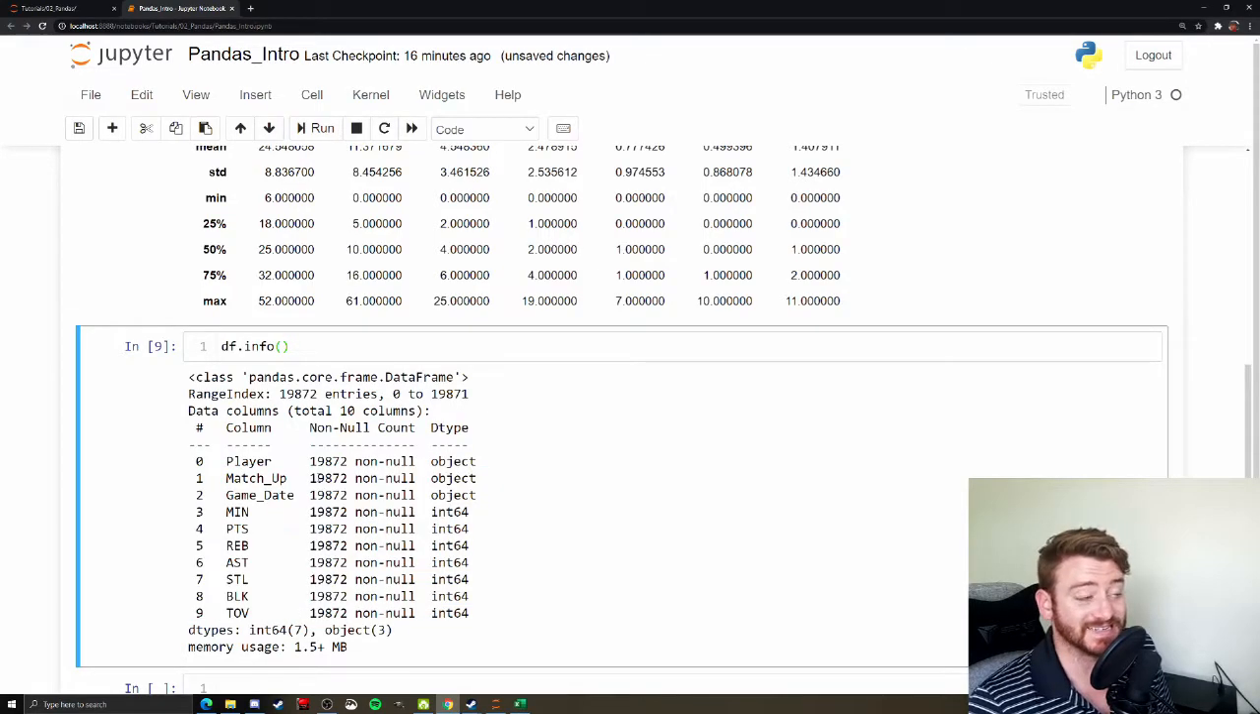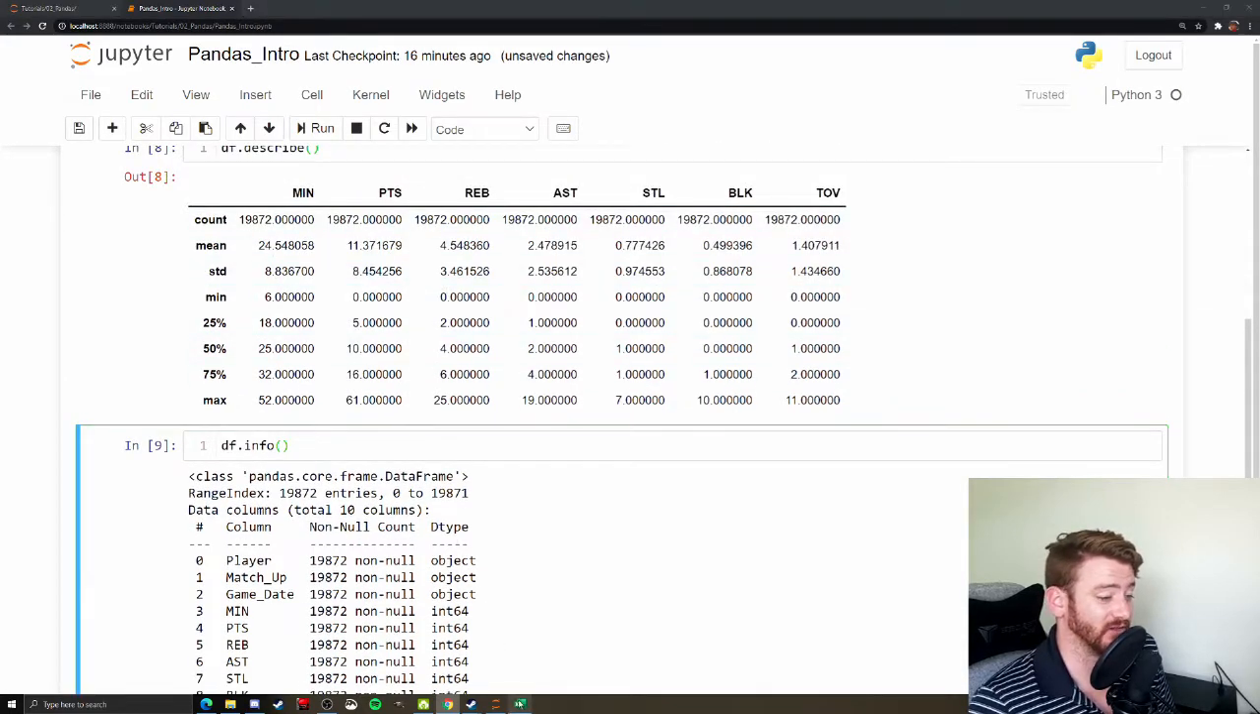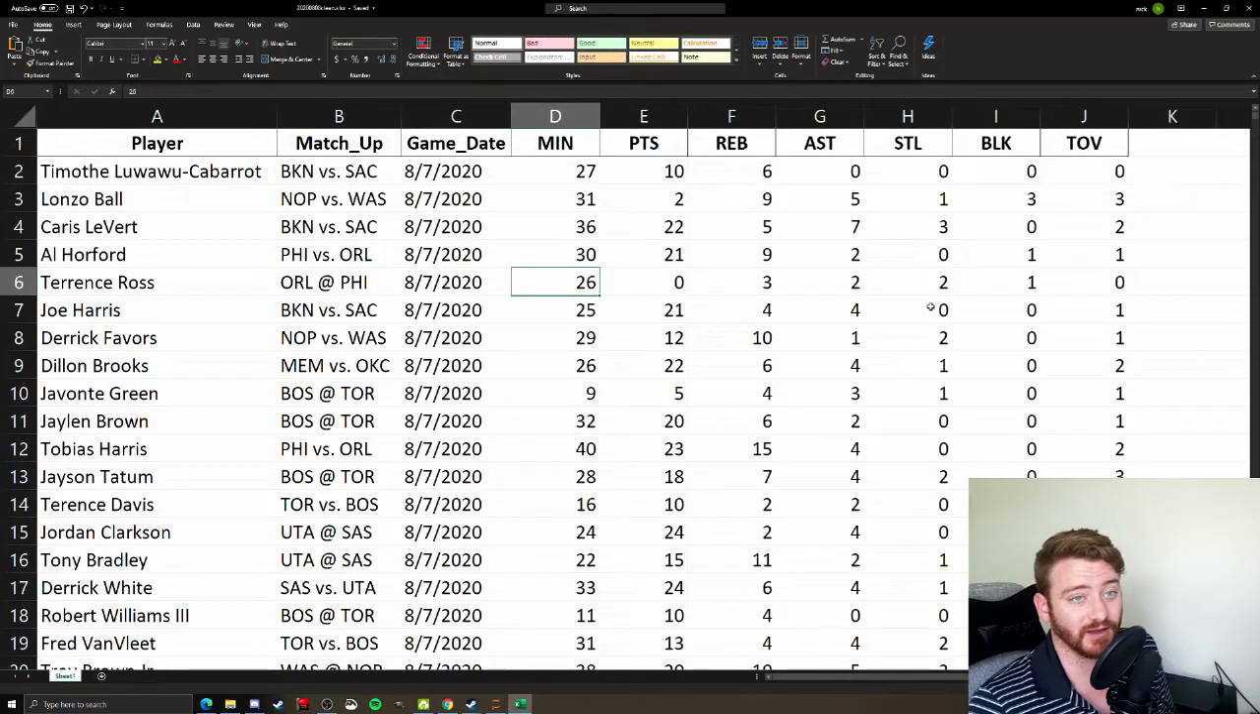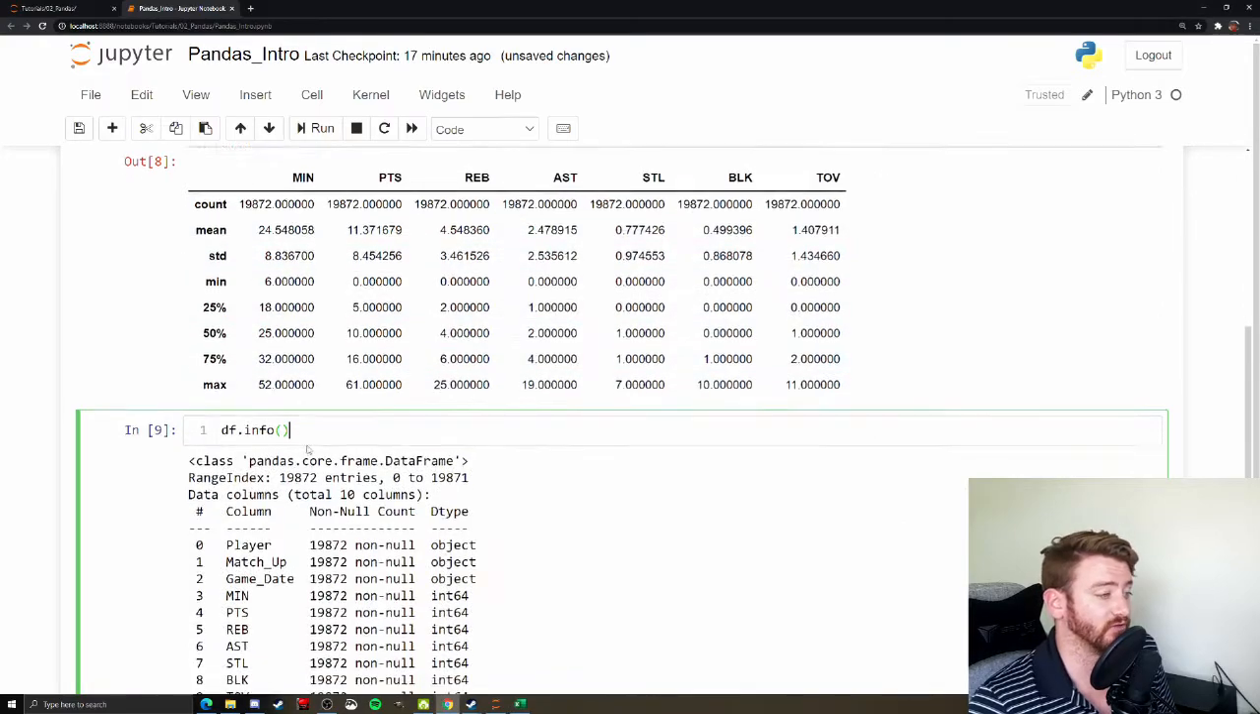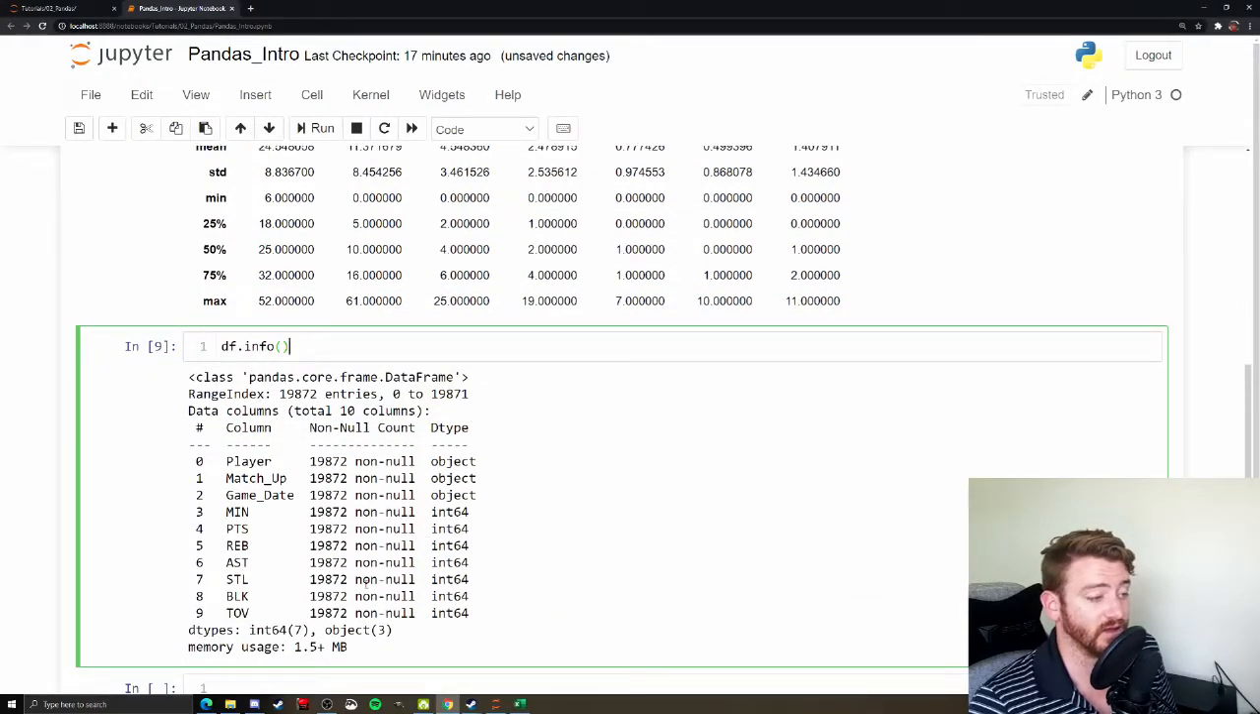That means we're not missing data. So if you're using data that's not already cleaned up, because obviously downloading box scores, this is already cleaned up, professionally prepared data from the NBA. In the real world, it's very likely that you have data that is not professionally prepared for you. So learning how to use the info command and how to navigate through this and understand what it's telling you